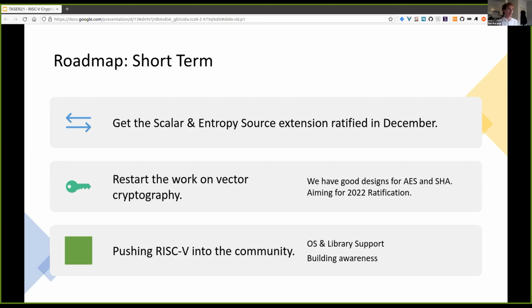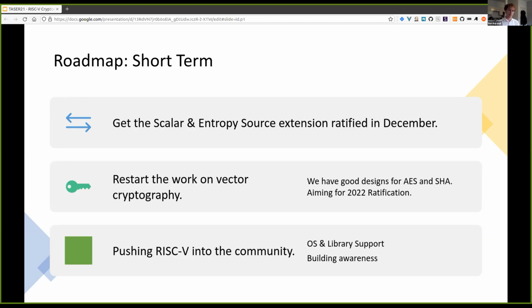Allegedly, it's a rubber stamp, but I intend to go there and lock them in a room until they actually ratify our extension. And then we'll be moving back onto the vector cryptography stuff. So this is about getting the more high performance instructions together. We have a fairly good idea of what those instructions will look like, but by the time December rolls around,